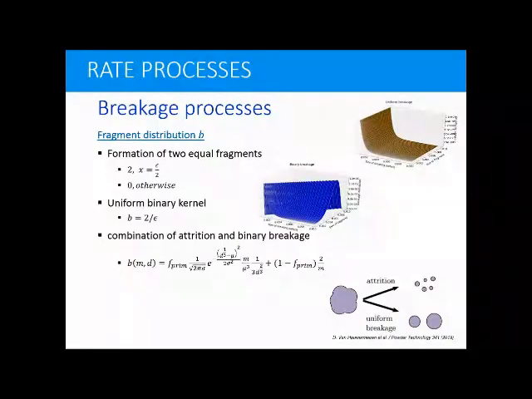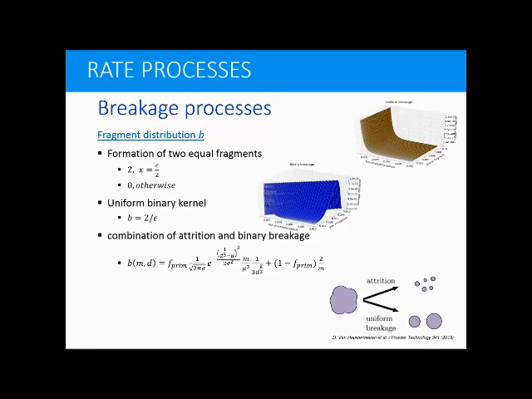The same goes for the fragment distribution function B. Here you can also implement various types of breakage depending on your system, what you propose. There are a few basic ones, such as the formation of two equal fragments. That one is pretty simple to describe. And another one is the uniform binary kernel, where you actually have an equal probability of all fragments to be formed. So, whereas these two are rather basic kernels, the last one gives already a more